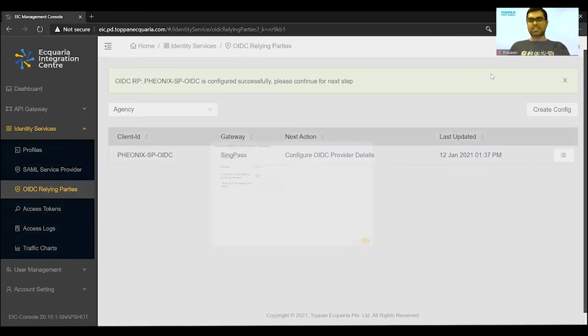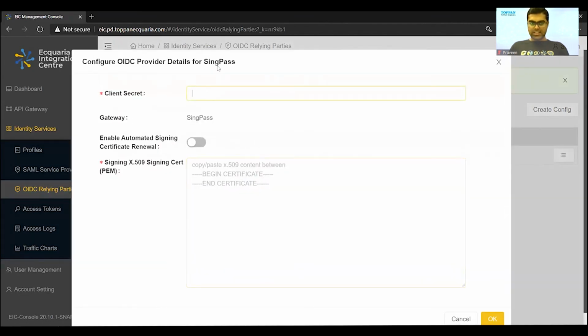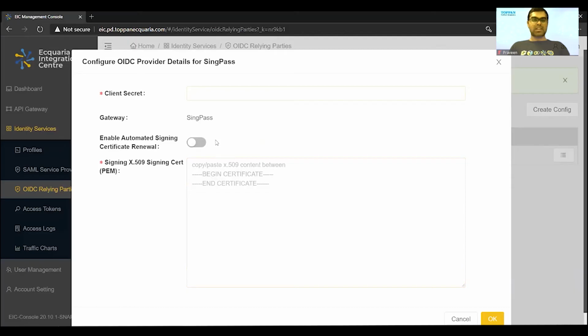So those details are what OIDC provided details, which EIC is mentioning to us here. You can configure those details in this tab, the provided details. For demo purposes, I have already created something. An important thing I want to highlight here is when you're configuring the signing certificates from the IDP provider,